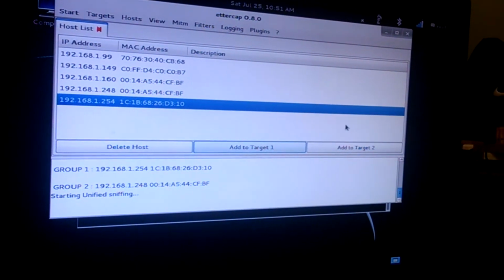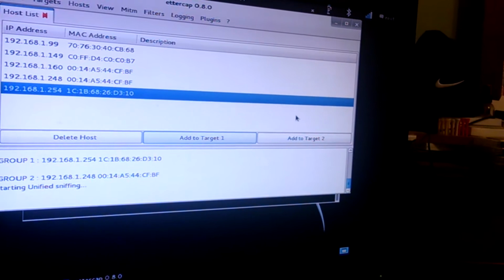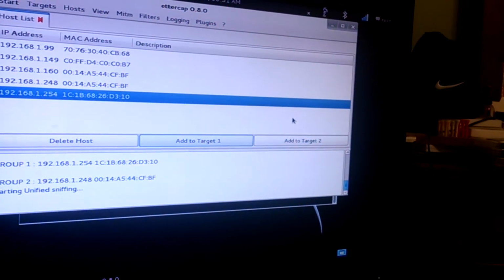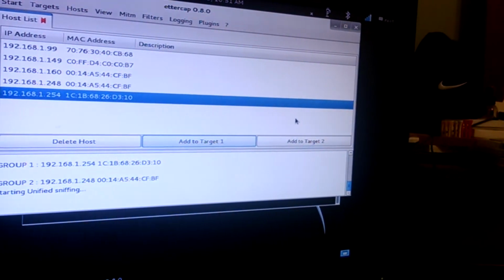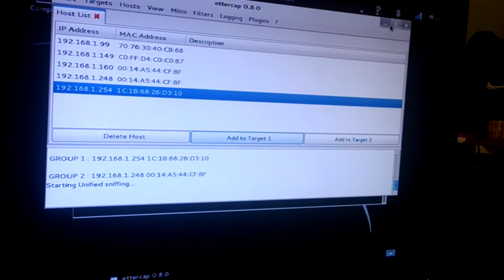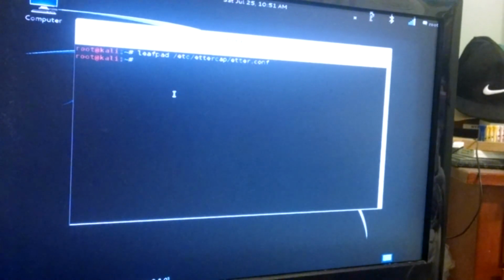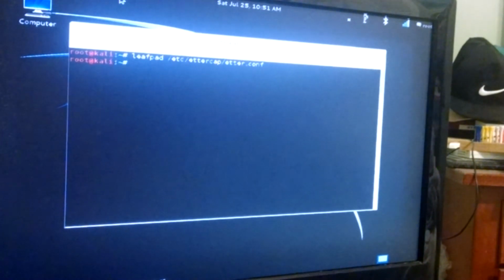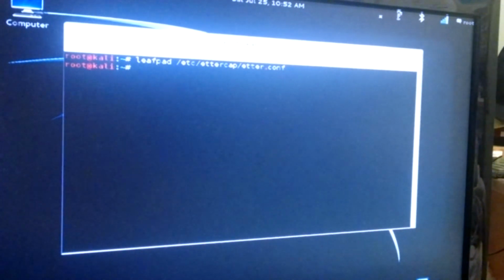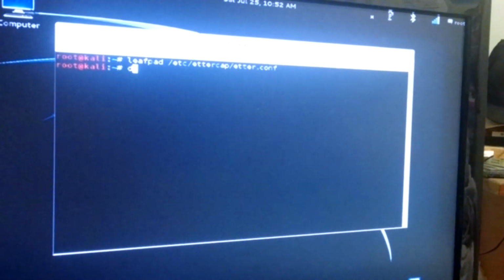Now that we've started doing this, we're going to start doing Driftnet. So first, let's minimize this. Don't close it. If you close it, everything's going to stop. And in the root terminal, if you want, you can open a new one. It won't matter. To open Driftnet, we're going to type in the command driftnet